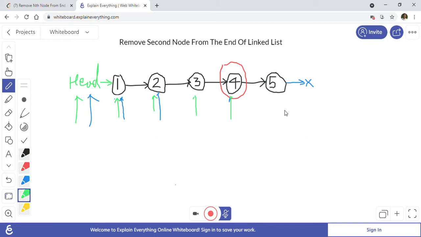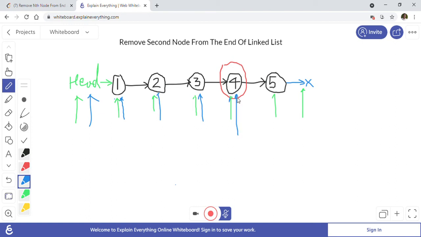When the second pointer goes to 5, the first pointer will be pointing to node 3. At the end, the second pointer reaches the end of the list, which means it points to null, because 5.next is null. At the same time the first pointer will point to 4, which is our target node for removal.